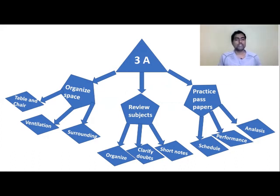And also the ventilation, second part. The ventilation is very much essential. Otherwise, you will be very much tired when you continuously study. So the ventilation must be looked into as the second thing. Then when you look at the